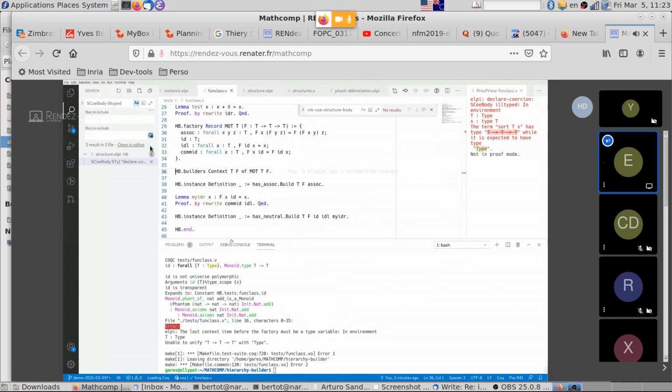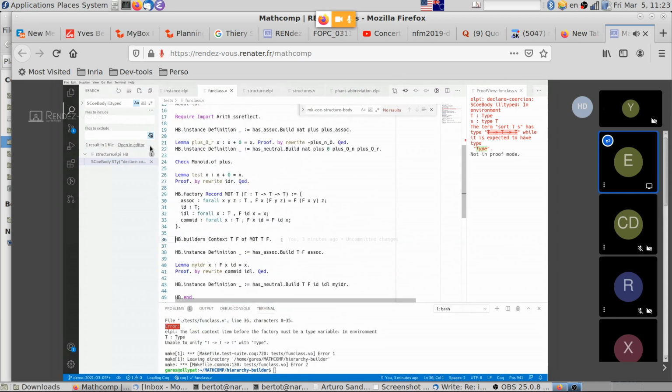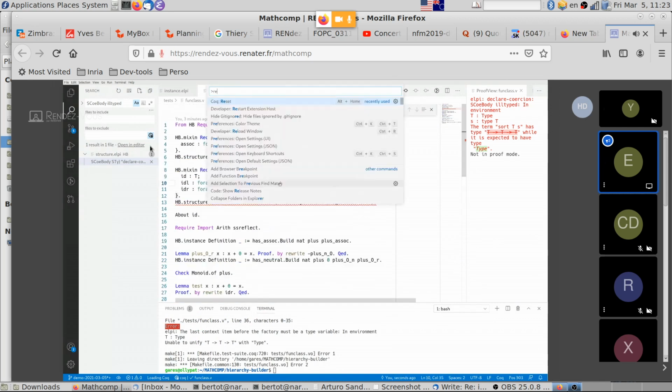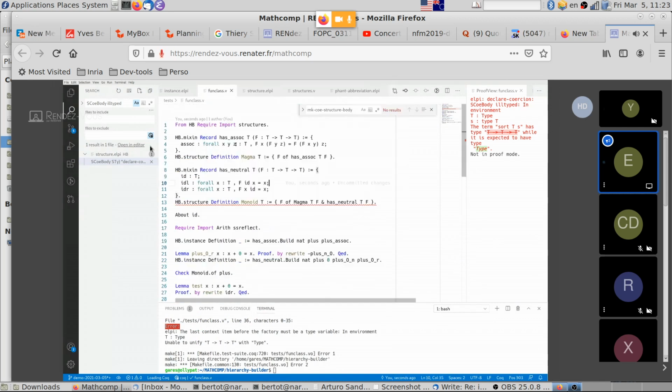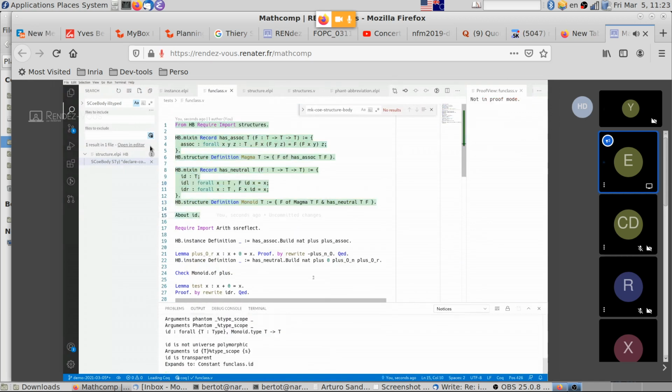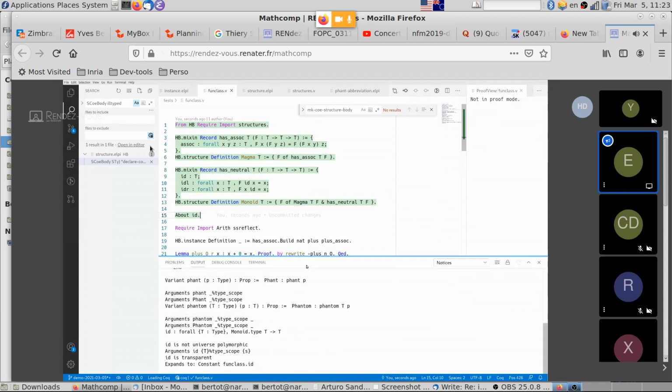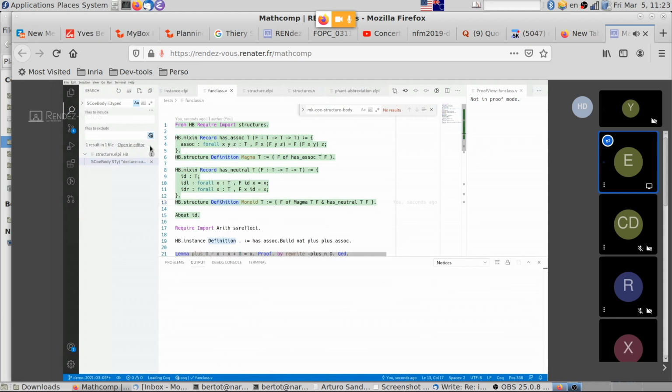Looks interesting because now we reach this point. So, okay. Let me reset Coq. So now it seems we can define the two structures. And if we print the identity, let me clear the output. If we print the identity,